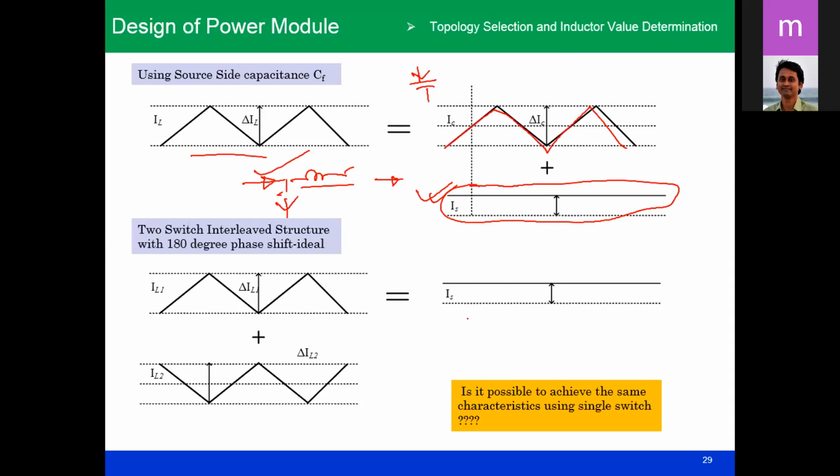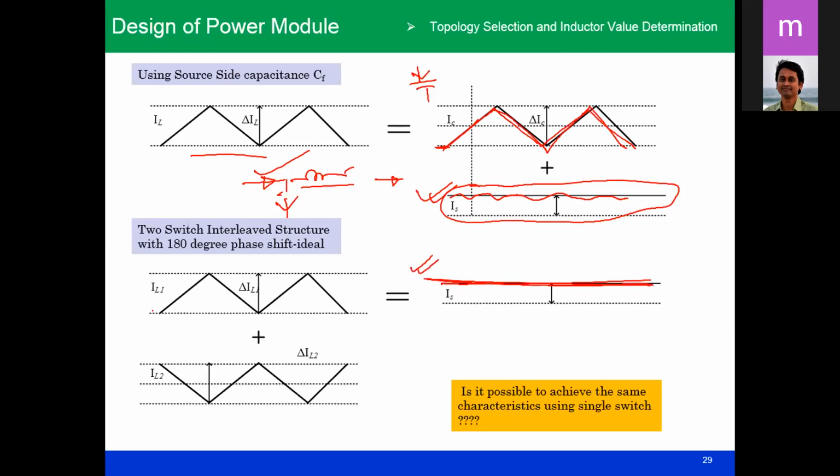So that from the PV panel you can always get a steady current. Ideally you can get this kind of current, but even then some portion of ripple content is present in the AC, because the capacitor is a passive element. Therefore, the topology of whatever boost converter or other converter you are selecting here should comply with this, so that your source current is ripple free, to enhance the life of the PV.